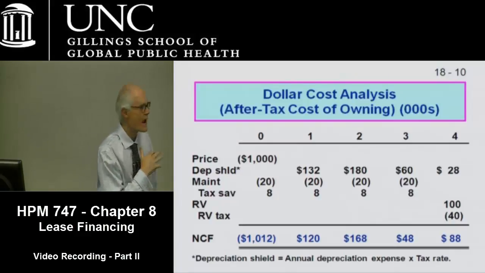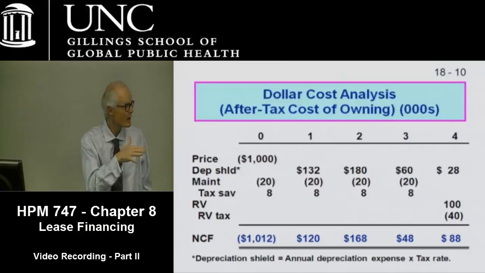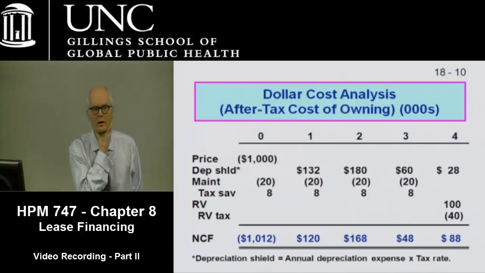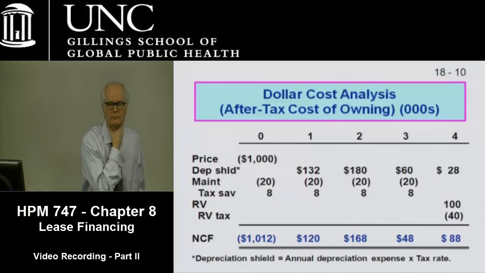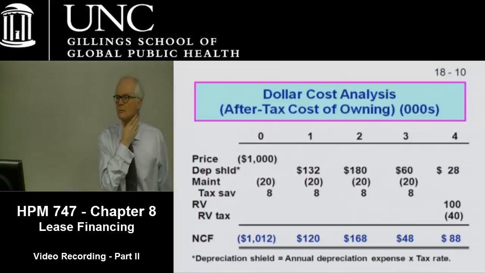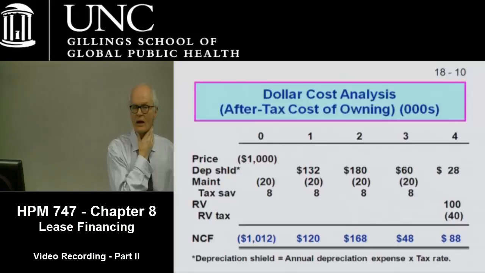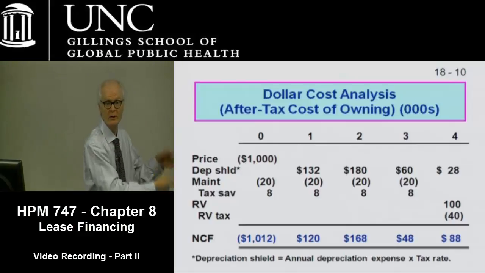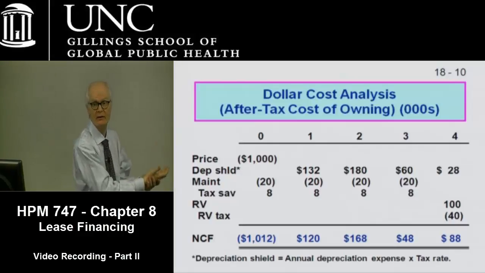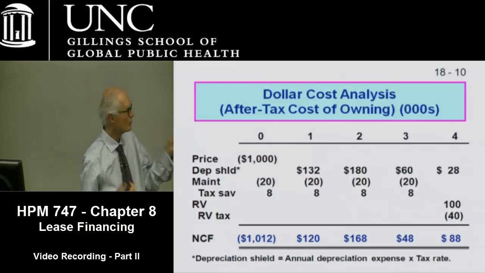Let's go to the next line. Maintenance. It's negative 20 all across. Why is that? What is that number? They have to pay $20,000 each year for their own maintenance. Exactly. Because they're borrowing and buying this asset, they have to pay for maintenance themselves, and we were told that they'd have to pay